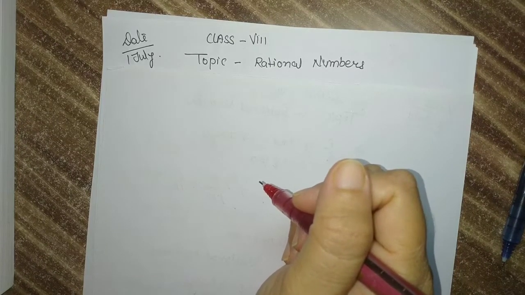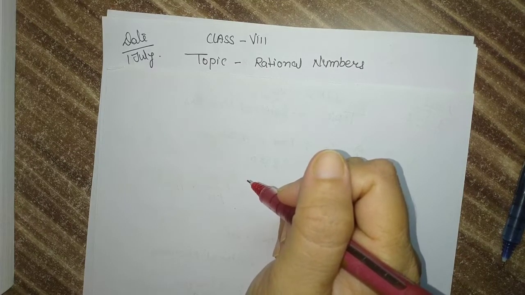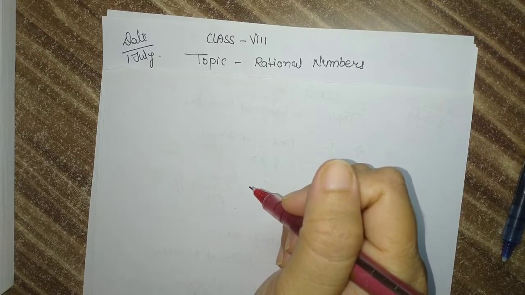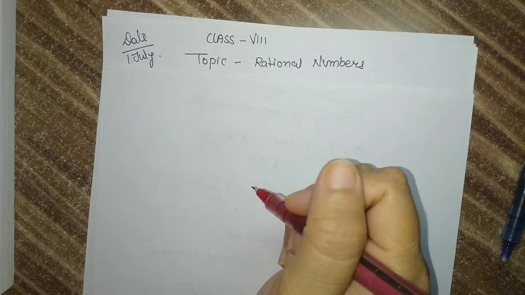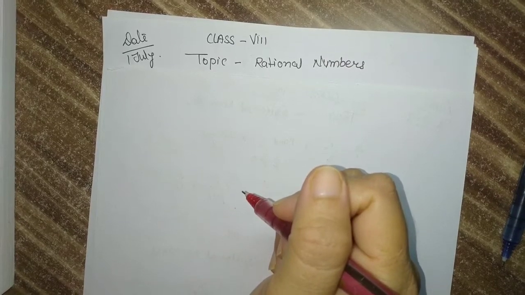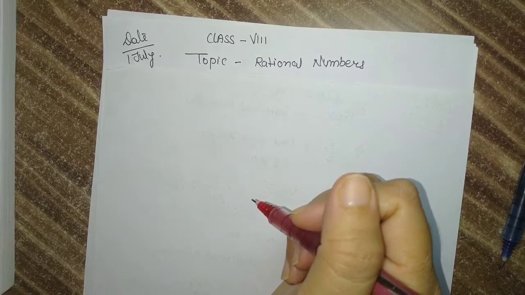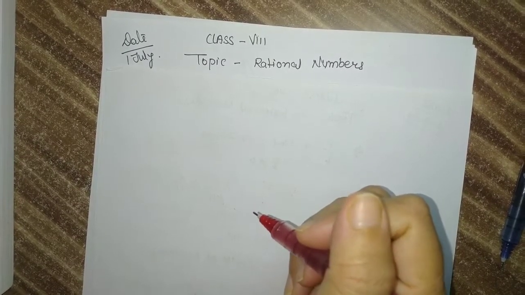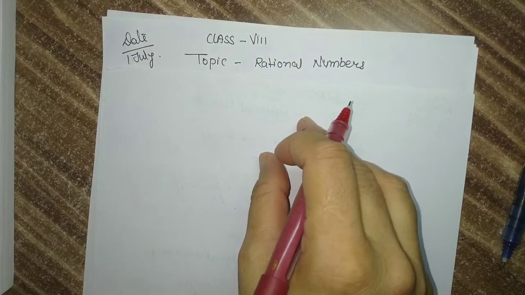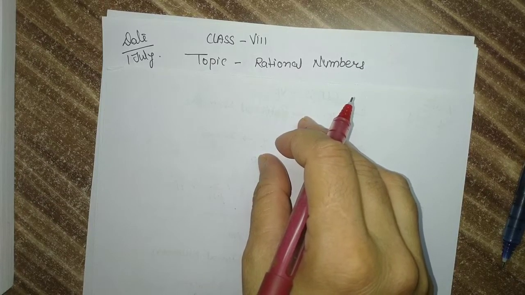Now in our starting videos, first we do the revision. Why? Because from 20th July onwards your PT1 exam will start, and in PT1 we included chapters 1, 2 and 3. Chapter 1 is rational numbers, chapter 2 is exponents, and chapter 3 is square and square root. Okay, these three chapters are included in your PT1 exam. And in the starting videos we will provide you the revision, and after the revision of every chapter I will take a test.